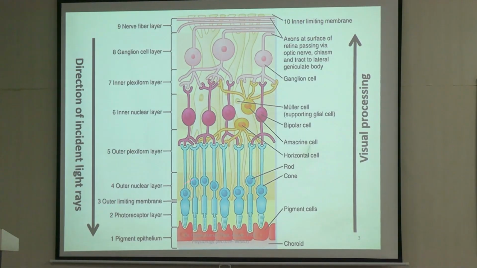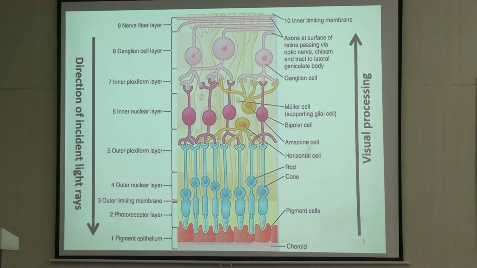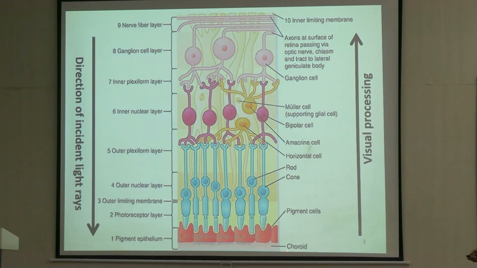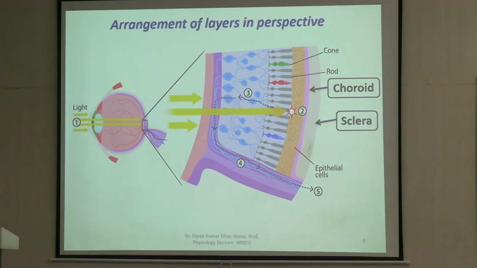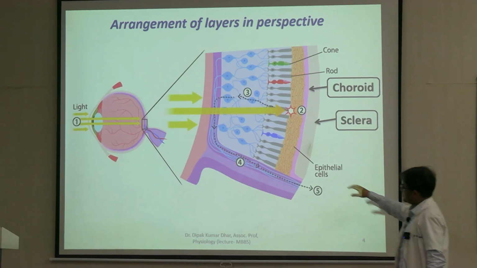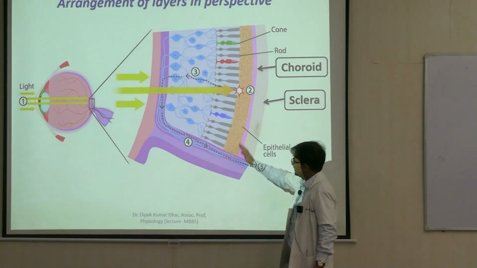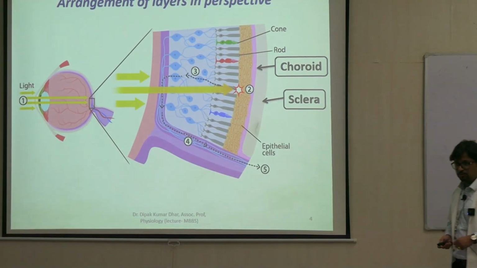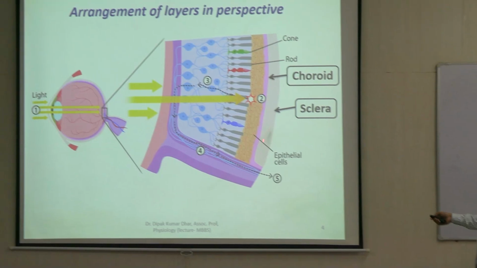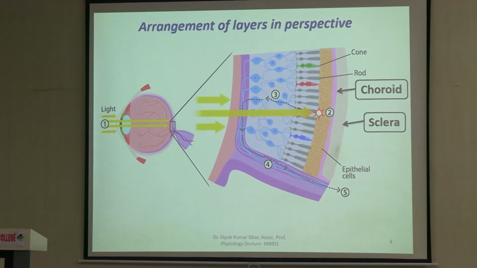So this is one thing that you have to understand, the perspective. Why is it that pigment epithelium is written at the last, सबसे नीचे? Why? So to understand the actual arrangement of the layers, look very carefully at this picture. This is the outermost coat, sclera, right? Sclera के ठीक adjacent जो layer है, that is the vascular coat or uveal tissue, the one which you see in purple. Now this one is the enlarged view of the retina.